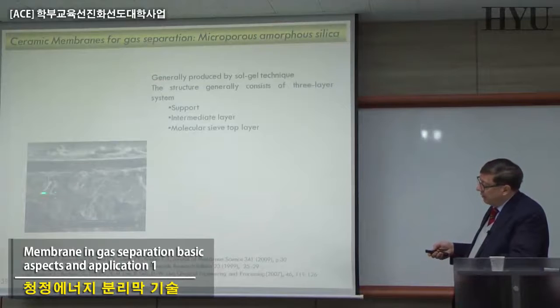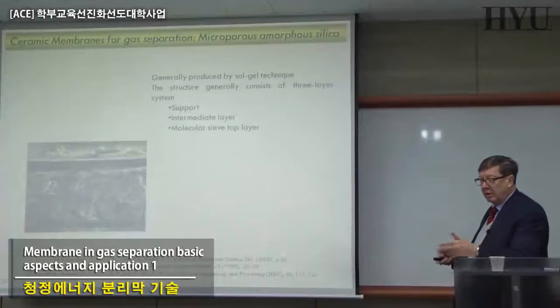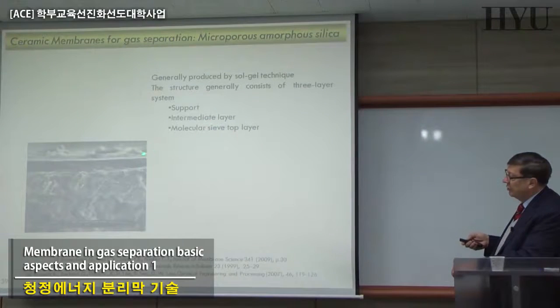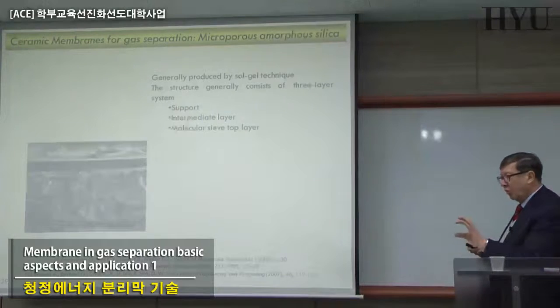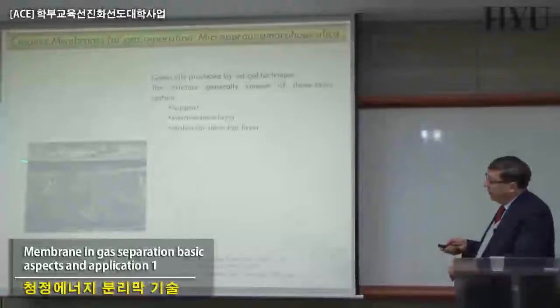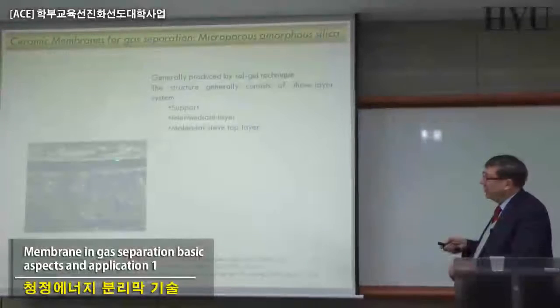On this physical support, that can be alumina or any porous, relatively low-cost material, you have an intermediate layer, already much better controlled in terms of porosity and mechanical properties,